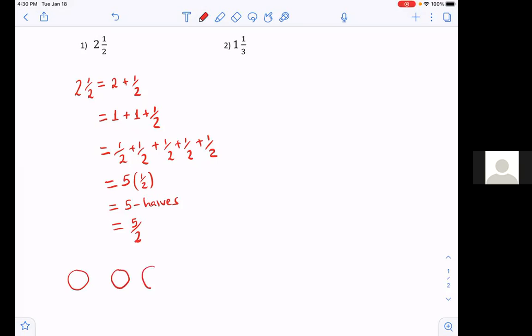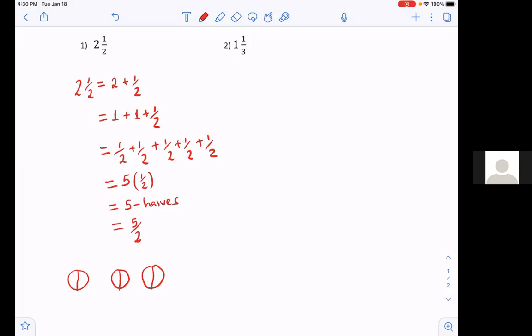And that tells me if I consider 3 circles, based on the denominator of the fraction of this mixed fraction, which is 2, it means that every one circle is partitioned into 2 equal